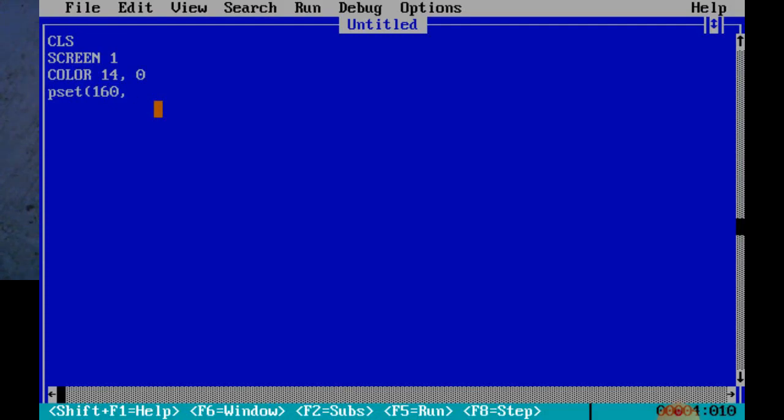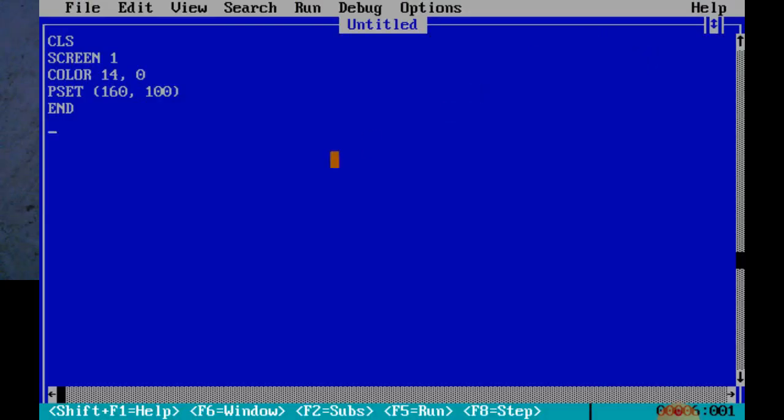As you know, the coordinates of a point, as I told you in the online meeting, about the coordinates of how to make the line. Next, first of all, press F5. First I want to show the point that I located on the screen. Here in the middle of the screen you can see it is a brown color. So as we have given 160 and 100, that is the point set.